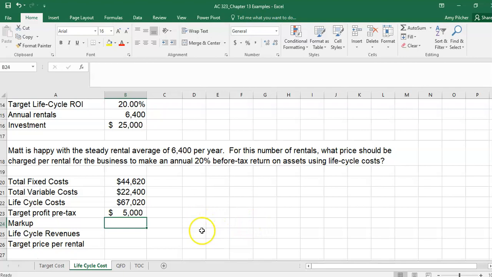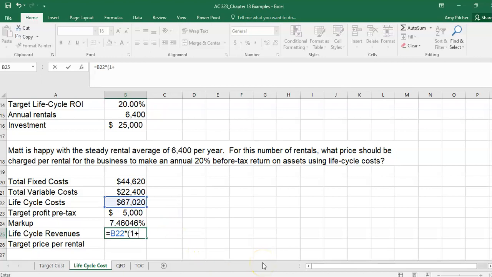So now we need to take this amount, $5,000, divided by our life cycle cost to get our markup rate. Our markup is 7.46046. We take our total expenses, so our total life cycle cost, times